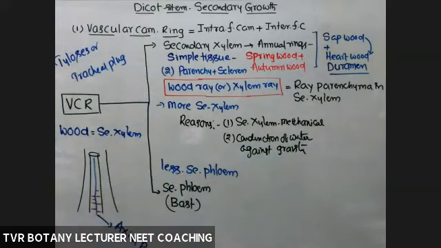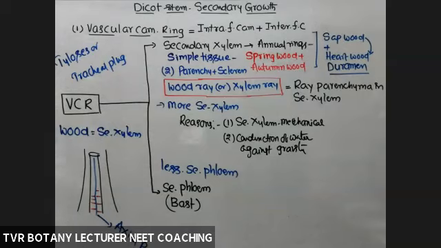Of course, you may question: phloem is also concerned with transportation, but in phloem most of the materials are transported towards gravity, from leaf to root. For that, a larger amount of secondary phloem is not required, just a small amount is enough. That's why the vascular cambium is justified regarding the quantity of secondary xylem and secondary phloem.